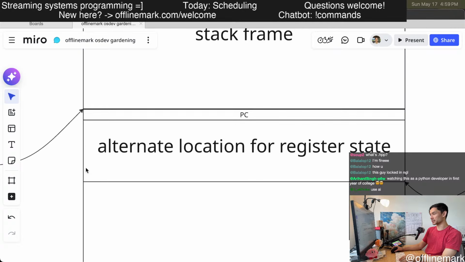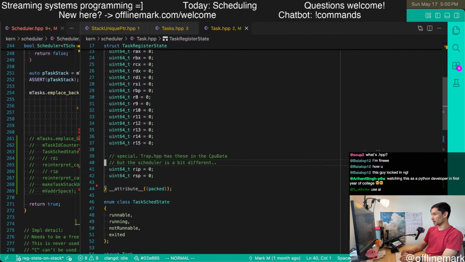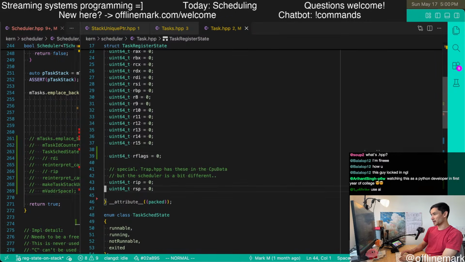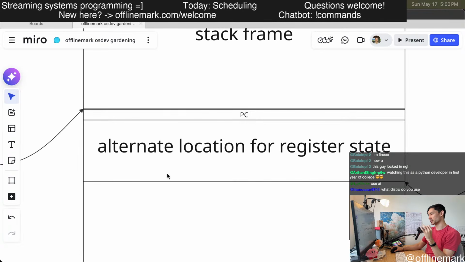Followed by basically all the rest of the registers go here. So I'm going to flip a few things around. Our flags is going to go here. We no longer need to store RIP, we no longer need to store RSP, and then RIP is going to go at the very end. So the point is I'm trying to make this struct layout match what is going to be in memory here.